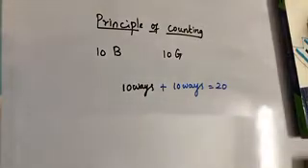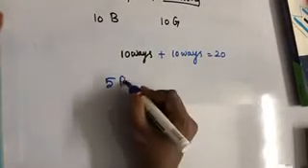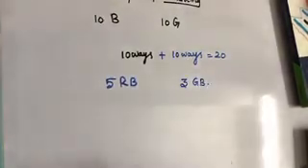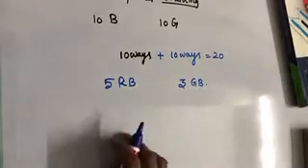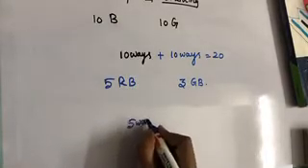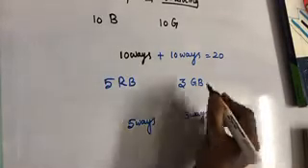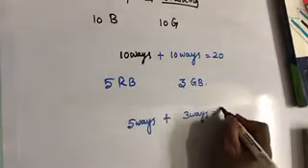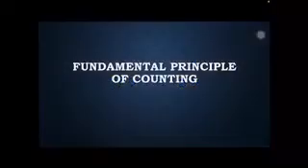This is the addition principle. Okay, so in a box there are 5 red balls and 3 green balls. I have to choose one red ball and one green ball. How many ways do I have to choose one red ball? I have 5 ways. I can select one from the 5. Similarly, I have 3 ways to choose a green ball from 3 green balls. So 5 ways plus 3 ways, I have 8 ways to choose the things.